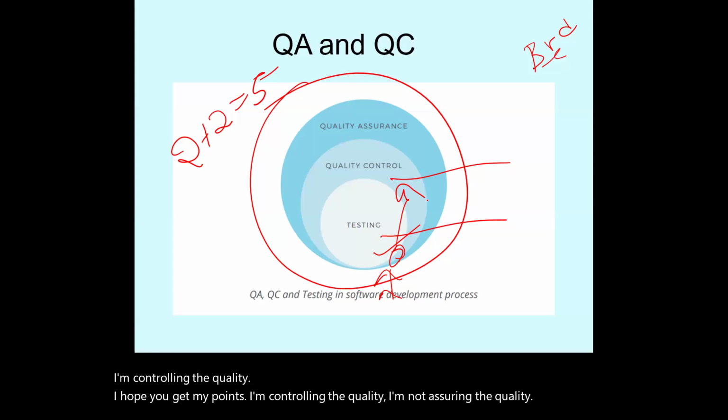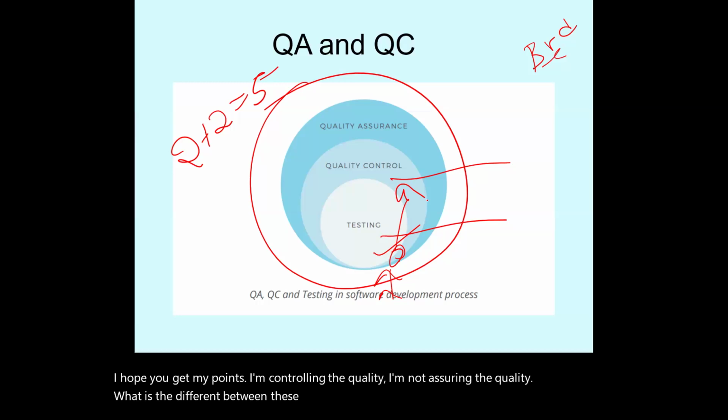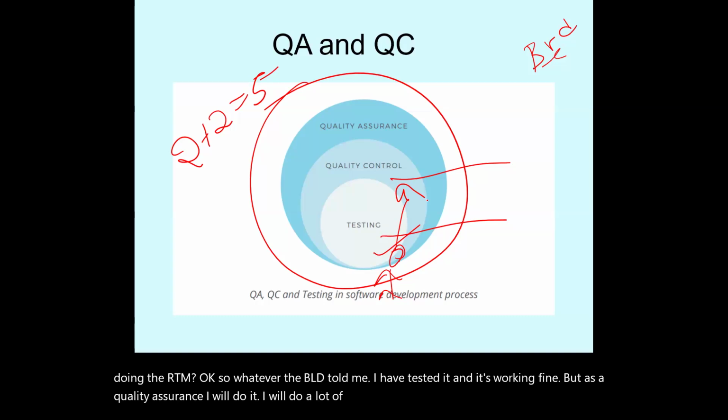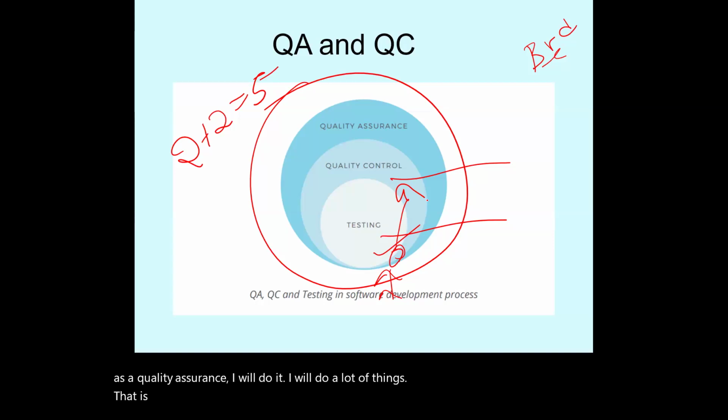What is the difference between these two? When I show you the BRD documentation and I'm doing the RTM, whatever the BRD told me, I have tested it and it's working fine. But as quality assurance, I will do a lot of things that are not mentioned in the BRD itself. I will work as someone that will enrich the customer